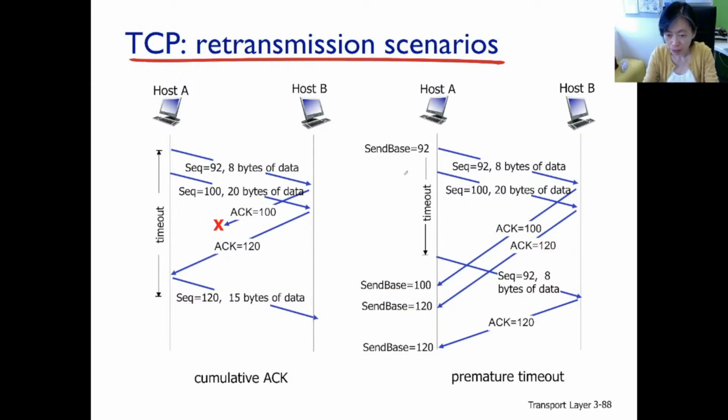The last point to make is this. When this data packet, sequence number 92, arrives at the receiver, the receiver is going to see data bytes up to 99 received. But the receiver has already received up to 119, so those bytes were extracted and passed up above. So it won't extract 92 to 99 and pass it above again. So this packet will be discarded, and an ACK will be sent back. But what is the ACK sequence number? Well, the receiver has already seen up to 119. So what is the next byte expected? 120.